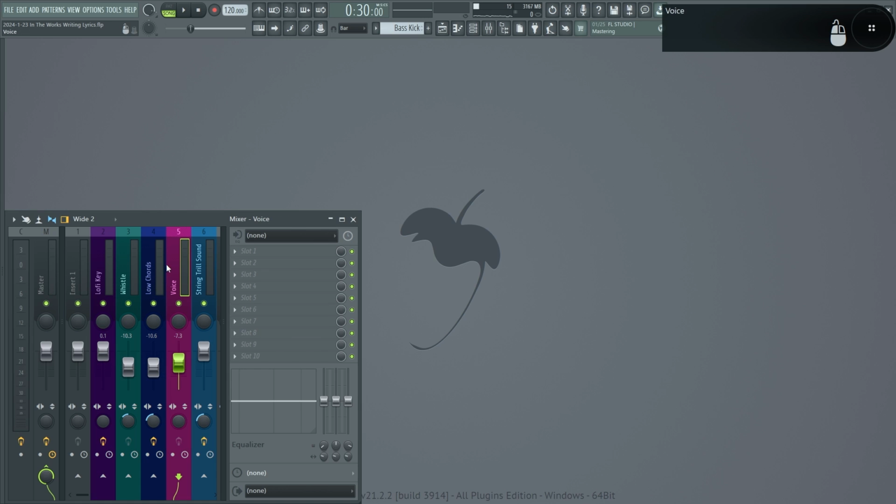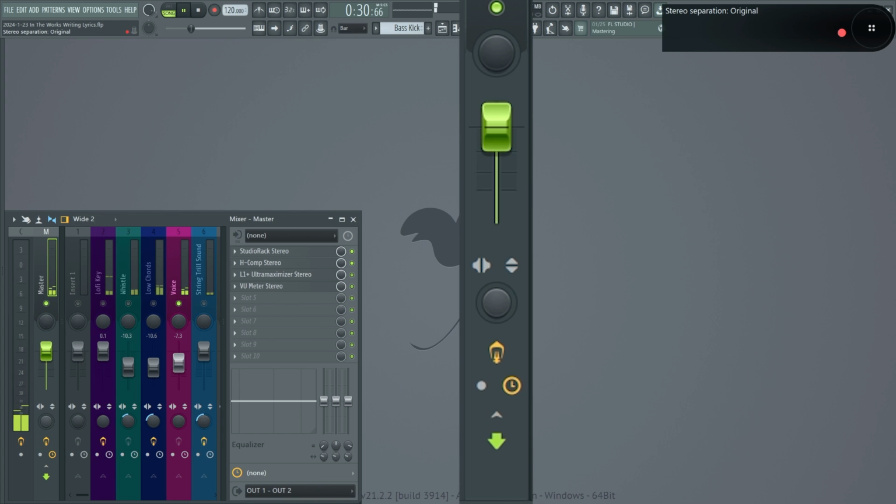The next example I want to show you is regarding this voice sound right here. Now, it may sound cool to you right now, but listen to what happens when we merge the sound. It's like we don't have anything at all, no voice in there. And I'll play it with the beat on and take a listen.